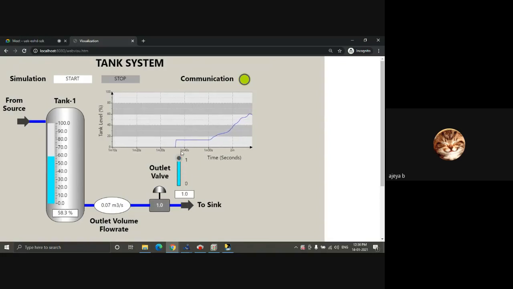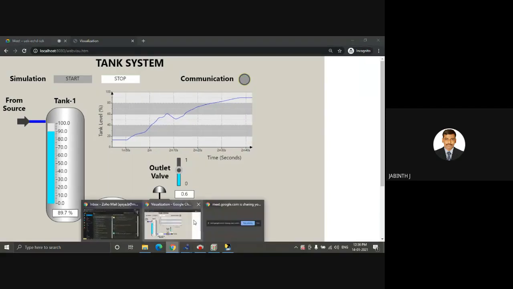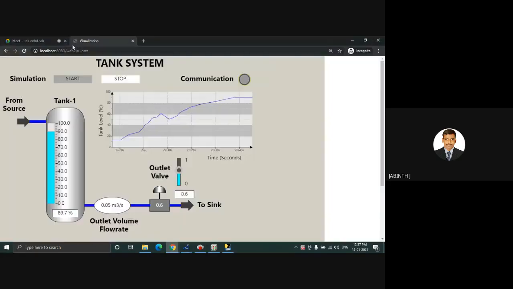Sir, this localhost 8080 is not working in my system. What might be the problem, sir? So you added whatever I told you right now? Did you add it? I did everything, sir, except that OpenModelica connecting tanks. That part I came late, sir, so I was not able to catch. But in CODESYS, I have imported everything. I have created that web visualization in visualization manager. Then, with the help of Chrome, I typed the address as localhost colon. Please share your screen, sir. Please share your screen. I can assist you.